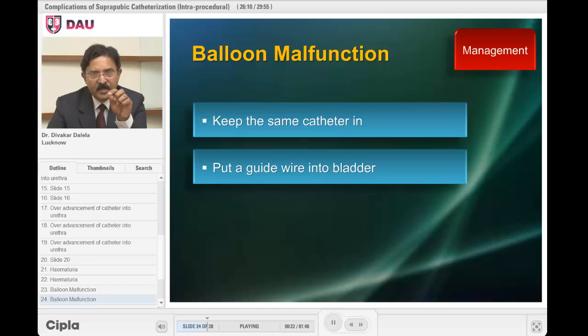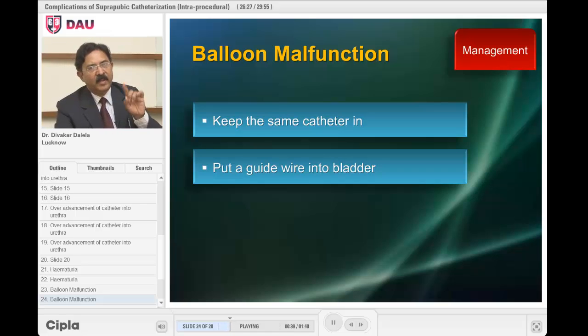But here I would suggest that you keep trying, and you may use not the straight tip guide wire but an angled J-tip guide wire. Withdraw that thing and put the wire through the Foley catheter. In some cases, you will succeed in pushing this wire through the eye of the catheter into the bladder. And then you withdraw this catheter, and over the guide wire you can put in another catheter. Right? But if that has not happened,